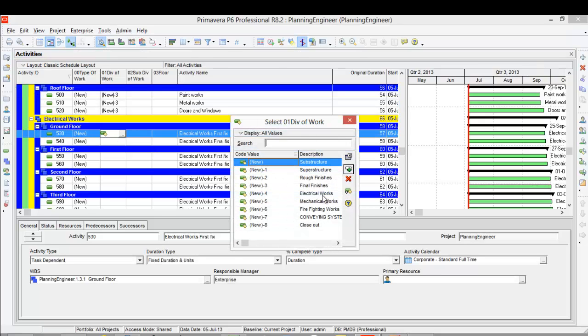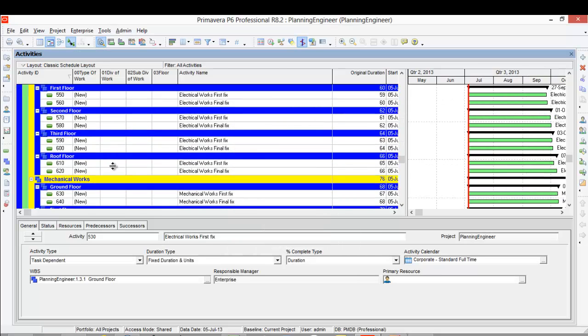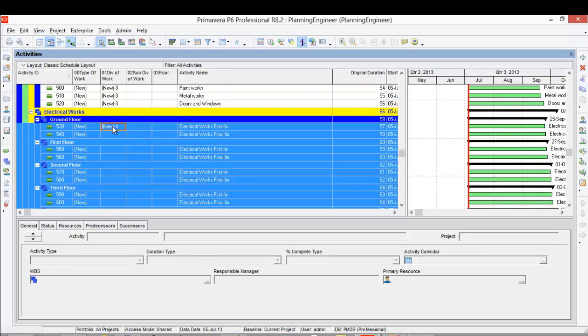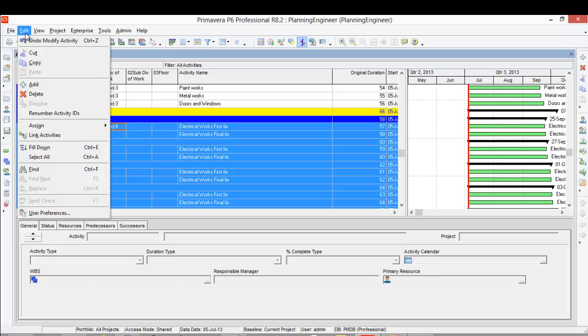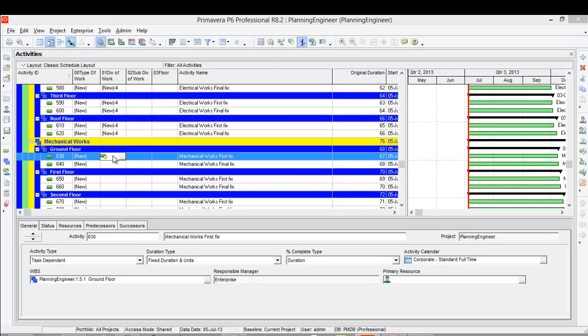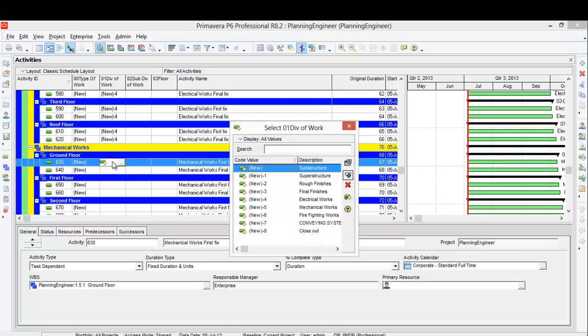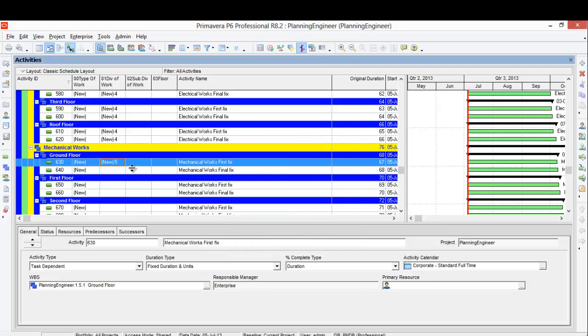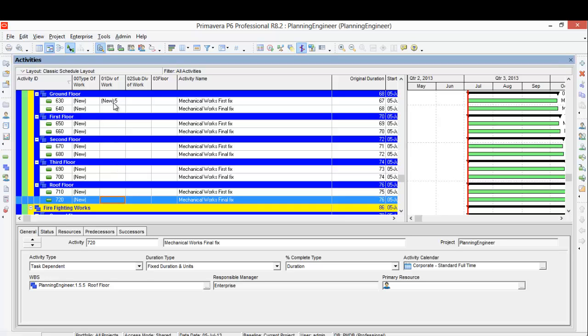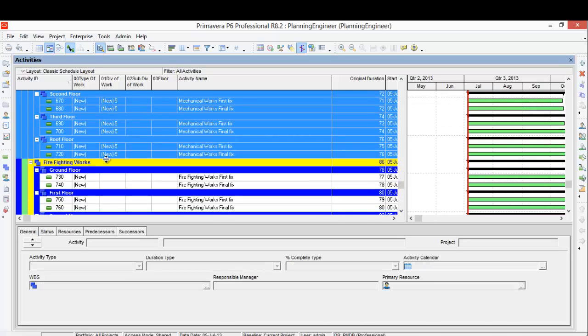Electrical works, then I'll go down with shift key, I'll select all. Either from edit, fill down, it's control E the same. Then mechanical works, we'll click mechanical works and we'll assign all the mechanical works.